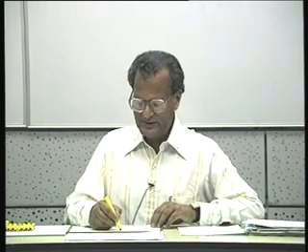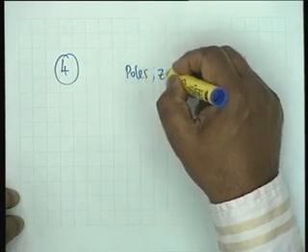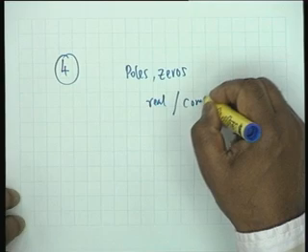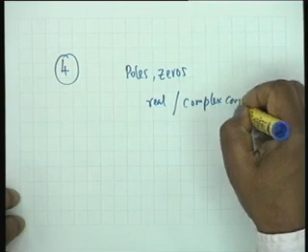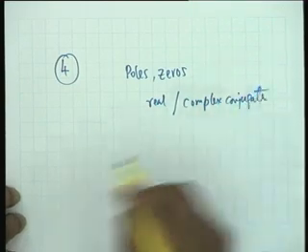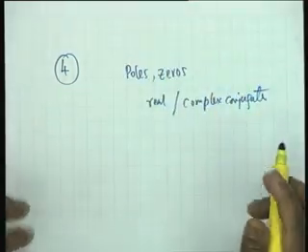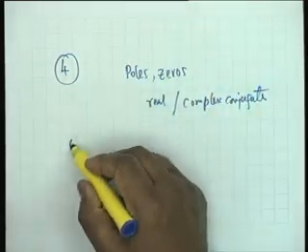Well, poles and zeros are either real or complex conjugate, and this is a consequence of the fact that the function itself should be real for s real. Okay, this we know. And then we said